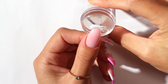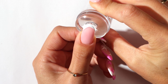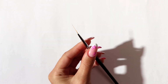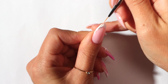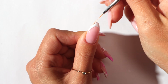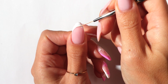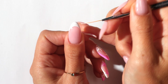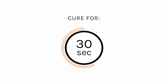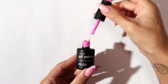Gently press it into the tip of your nail and move it from side to side to create a French tip. Using your thin nail art brush, tidy any areas needed before curing. Cure for 30 seconds. Using Tickled Pink and your thin nail art brush, paint an outline of a star and